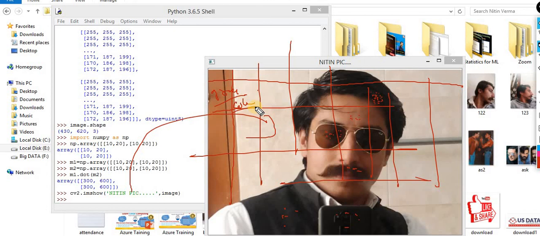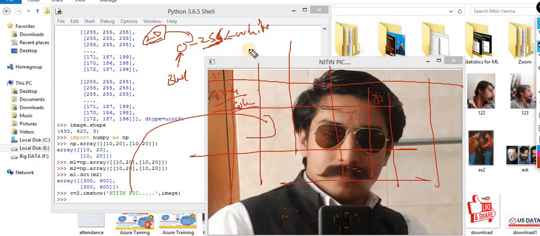If I talk about grayscale images, the value is always between 0 to 256, not including 256. Every pixel value, because that is the grayscale, is between 0 to 256, where 0 contains the black information and 255 contains the white information. 255 is white and 0 is black. Keep this point in mind. When I talk about the grayscale image, I am talking about 2D images, and the value is always from 0 to 255.